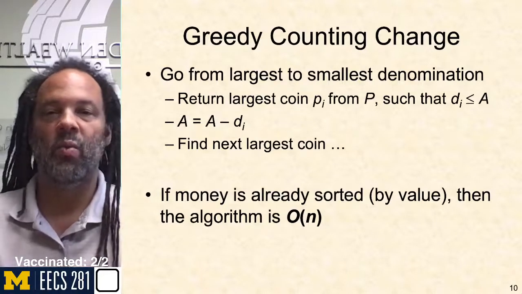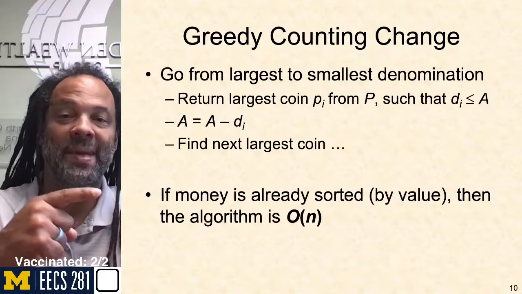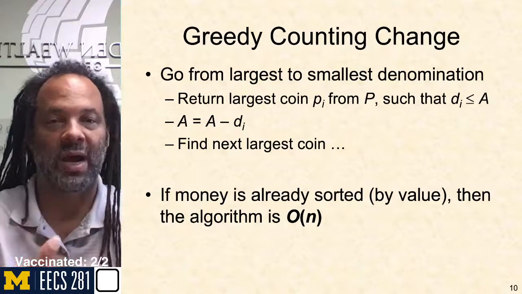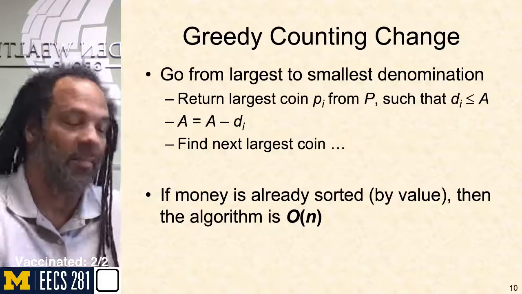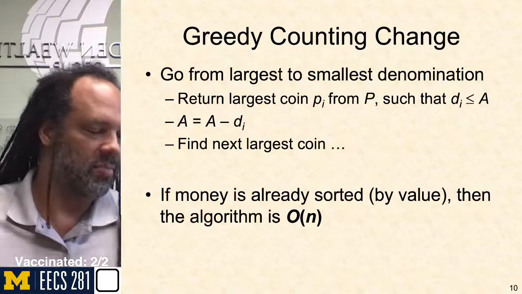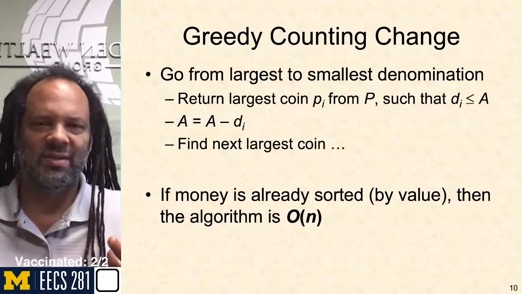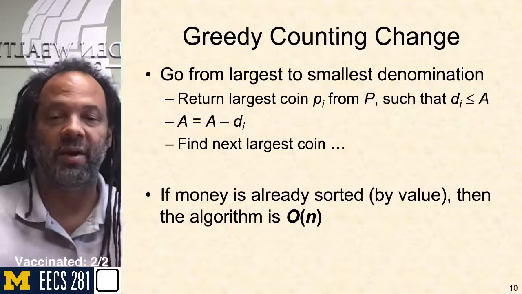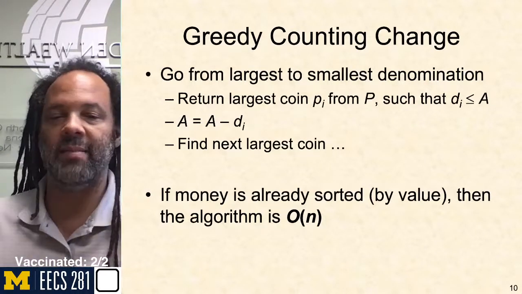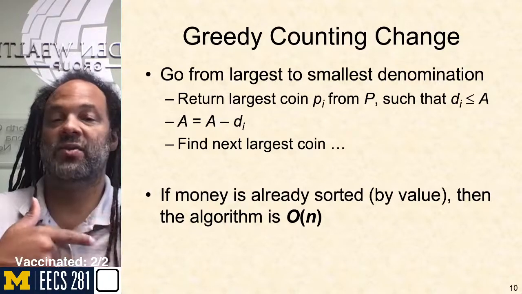one of them once. Now, this is also predicated on them being sorted by value, which is why we have change drawers. It's a lot more difficult to make change if I just have a bucket full of coins. I have to pull something out and pull something out and pull something out and say, well, is this the coin I should be giving? So the easy way to do that is to just sort your bucket of coins, and then you can do this in linear time. So this has got a sort of hidden, possibly a sort of hidden n